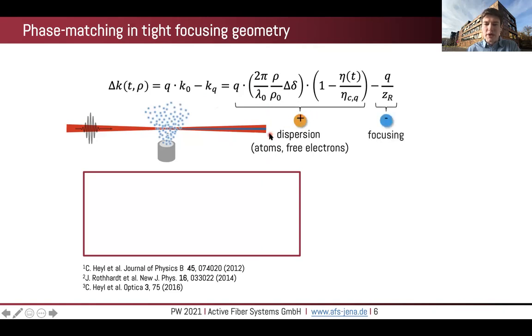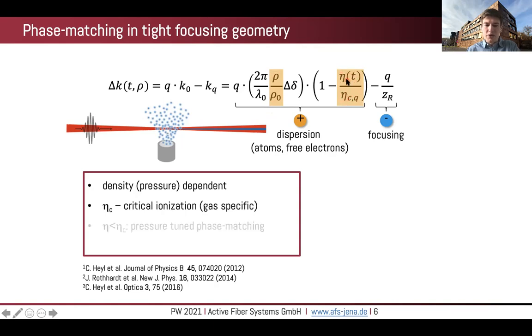And you have a term which is related to focusing. There's another one related to the dipole phase, which is not considered here at the moment. So as you can see, you have a first density or pressure dependent term, which is basically the gas pressure in your interaction region. And then there is a term which relates to a so-called critical ionization and your actual